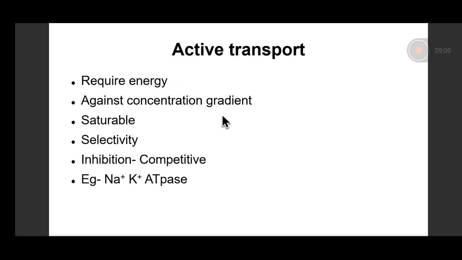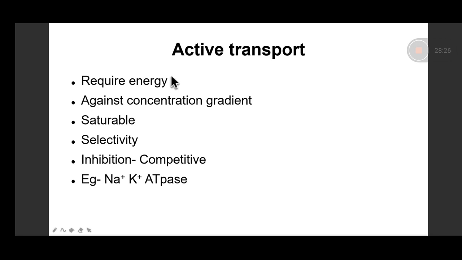Now we are coming to, so that was all about passive transport. It moves down a concentration gradient, doesn't require energy, not saturable, doesn't have an inhibitor. It depends upon lipid solubility, depends upon degree of ionization, surface area for absorption, and the ionization would depend upon the pH and pK of the drugs. pK of the drugs and pH of the environment.